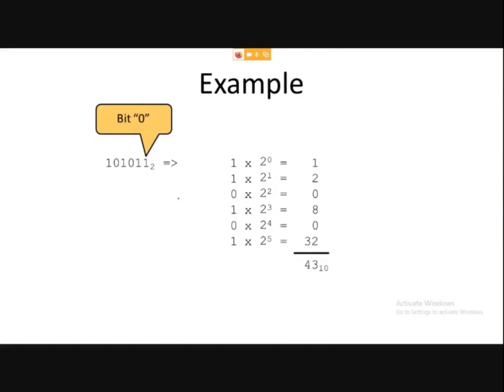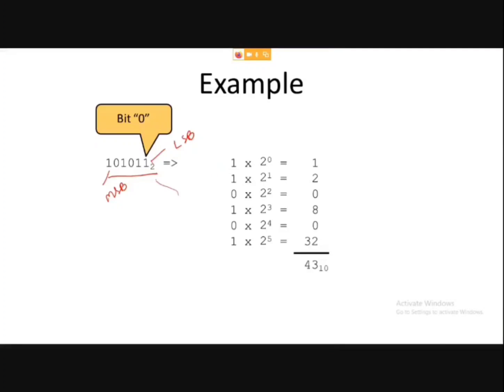So now this thing is your binary number. It has 6 positions. This 1 is our LSB, and this one is our MSB. Okay, so if we use the same pattern which we had used for the decimal,